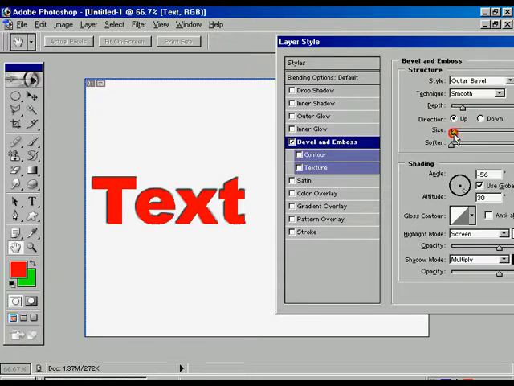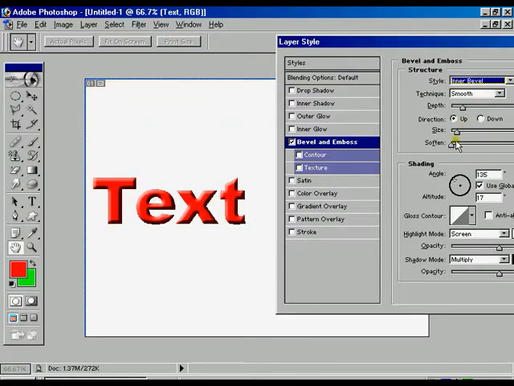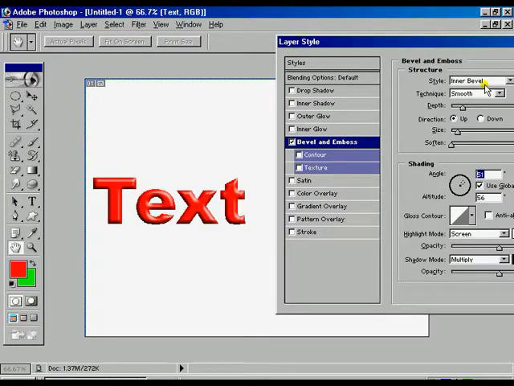In the outer bevel options we can increase the depth, size, soften, angle, and the same goes for the inner bevel also. We can change the size, angle, gloss contour, same, and the same thing goes for the other options also, like emboss.